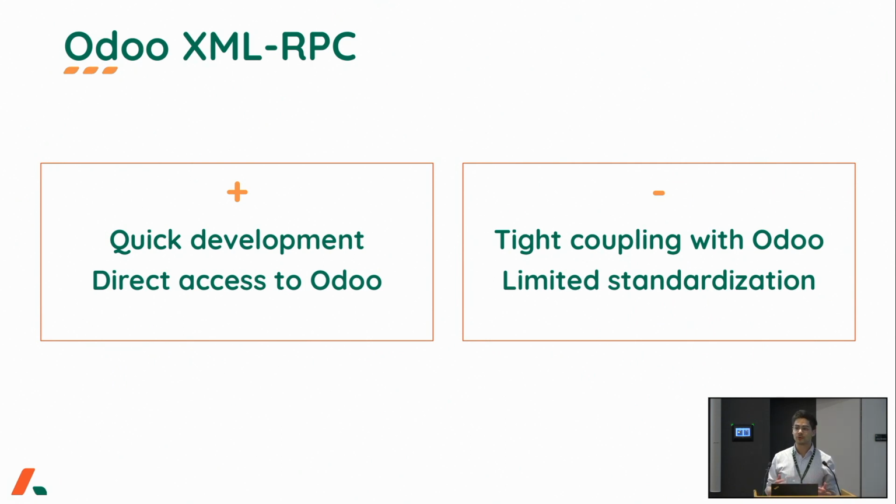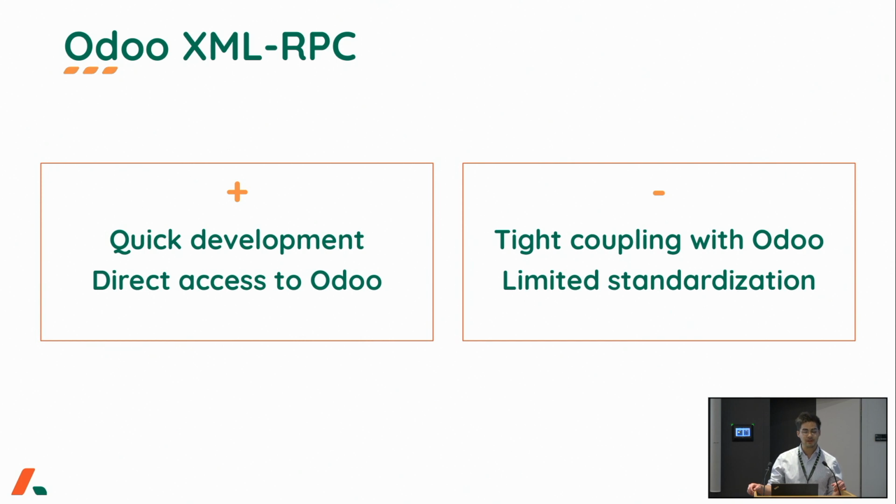So let's talk about Odoo XML RPC. Odoo XML RPC is certainly the most well-known solution when you want to create an API with Odoo, because if you do a small search of how to create an API with Odoo, you definitely end up at the Odoo documentation, and they will say, well, the solution is Odoo XML RPC. It's true, it's a solution, because